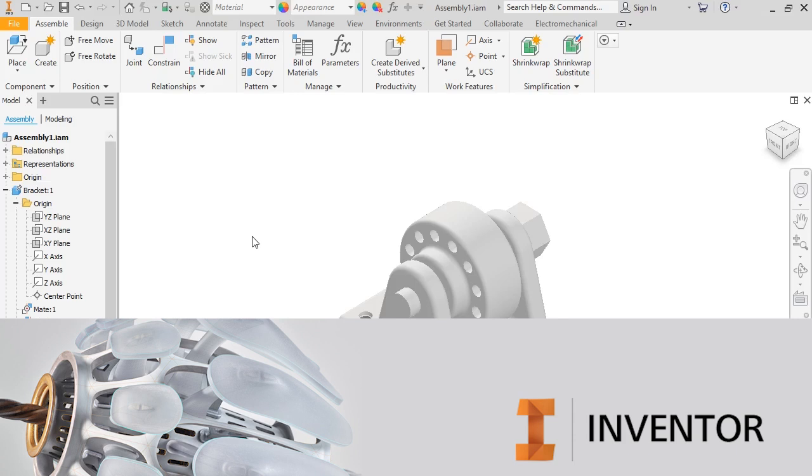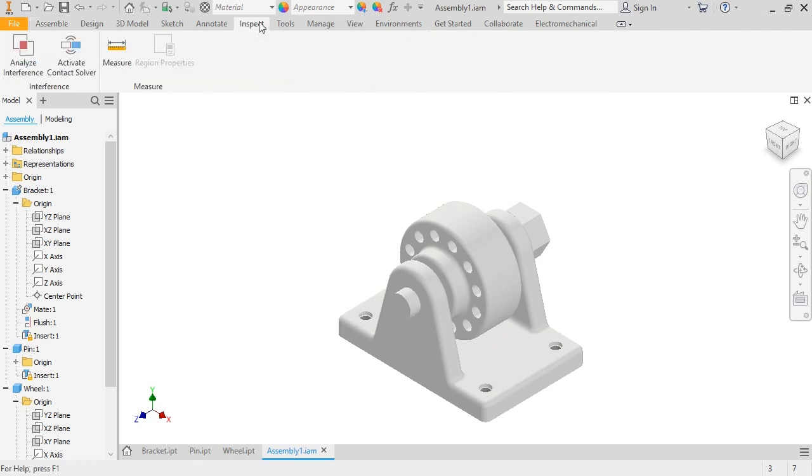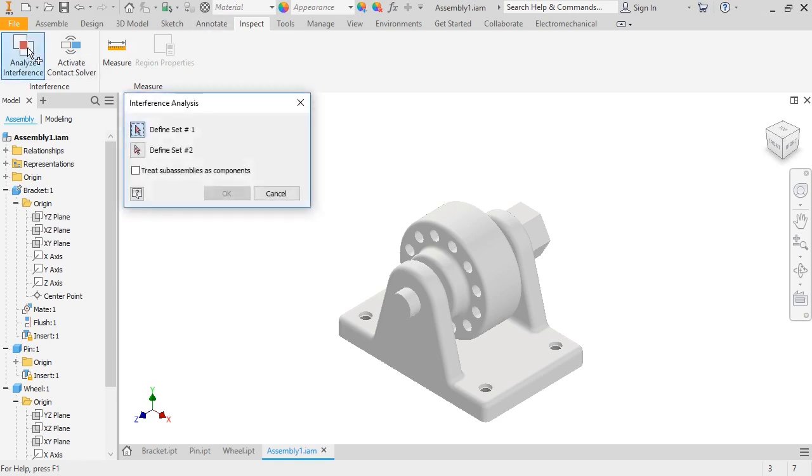Since parts in an assembly only simulate real components, it's possible for two or more components in an assembly to occupy the same space, even though that would be physically impossible in the real world. To detect such errors, Inventor provides a tool called Analyze Interference, which can be found on the Inspect tab of the ribbon. I'll click on the icon to bring up the Interference Analysis window,